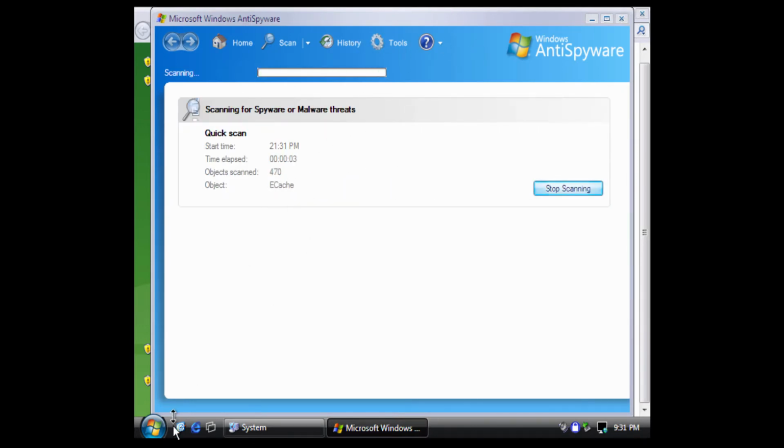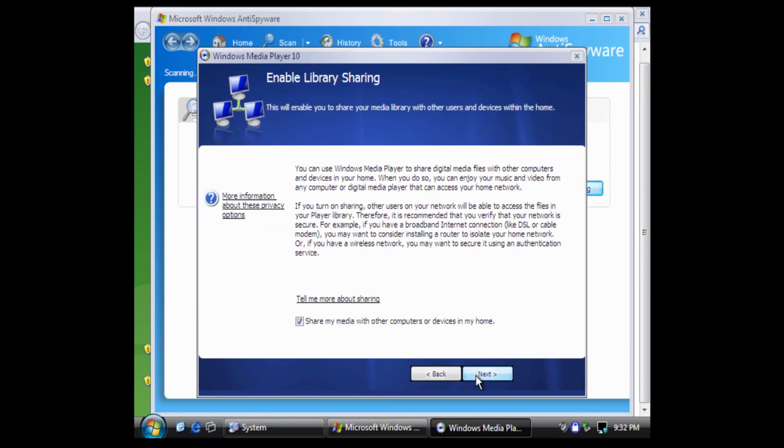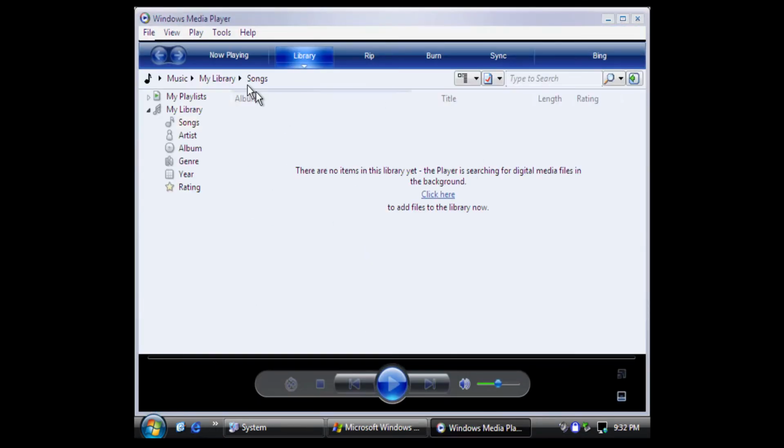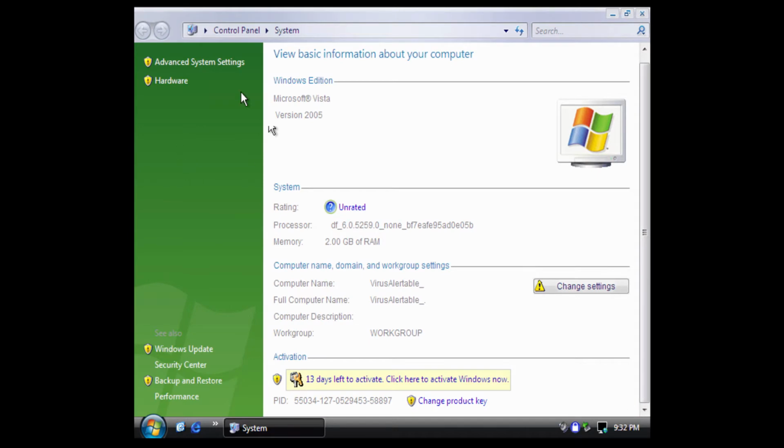This makes me very sad, but it's okay. We have to move on to what we do, and we also have Windows Anti-Spyware here. This is also a new feature. We got Windows Media Player 10 or 11 actually. Everything looks so different. It looks so beautiful. It's all Windows Vista. Oh man, we're starting to get into that Windows Vista look, and it's looking just absolutely